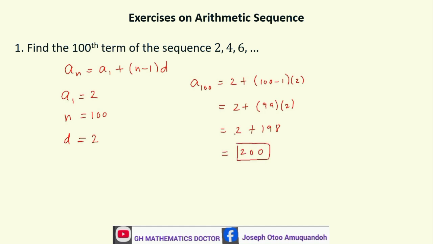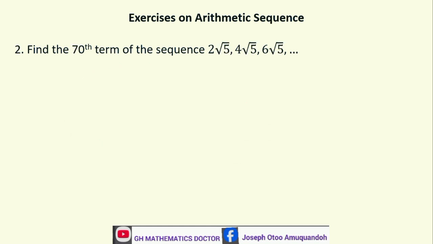So let's look at the second example. The same strategy, but this time our sequence is in the form of roots, but we are still going to use the same strategy to find the 70th term of this sequence. So what you need to do is you first have to write the formula down,